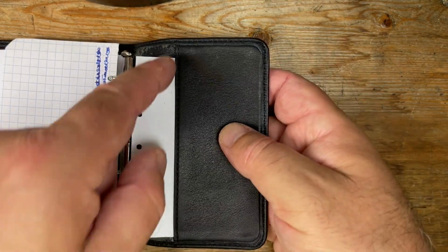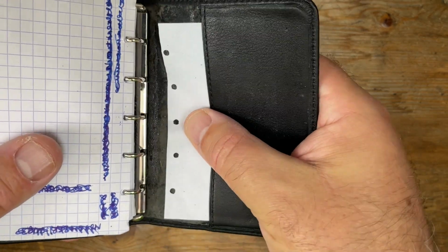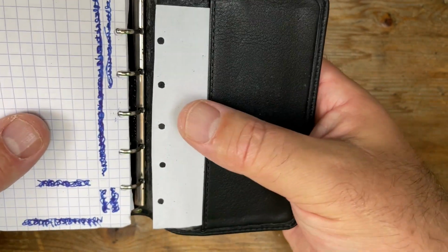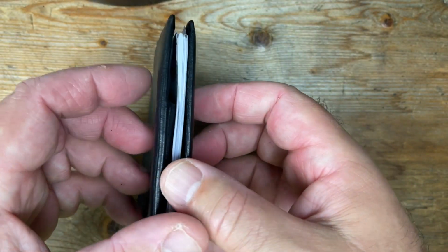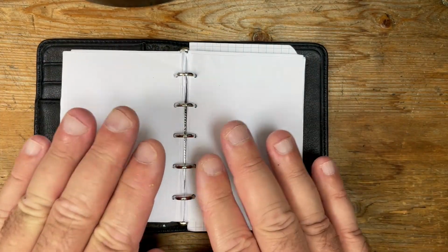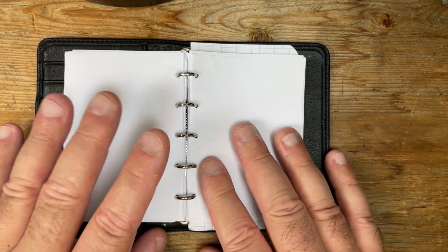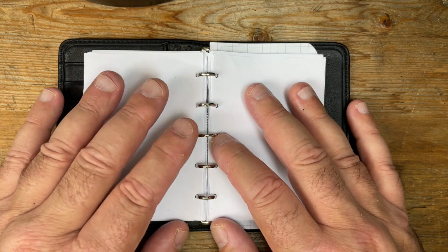If you have maybe 20 or 30 sheets on here, well, you'd have to just push down. Don't shut it like this. Obviously, you have some common sense. Push that down, hold that down, so that it does actually fit. But this binder as an inbox takes some beating, because certainly if you're using A4 paper,